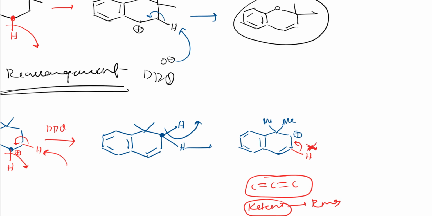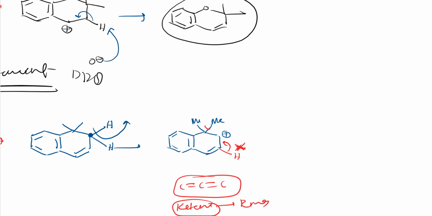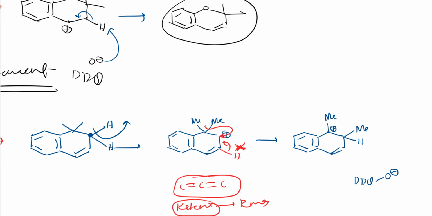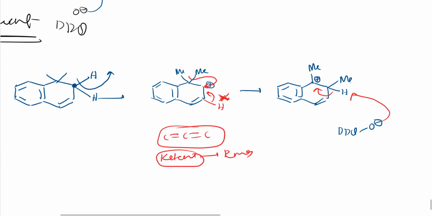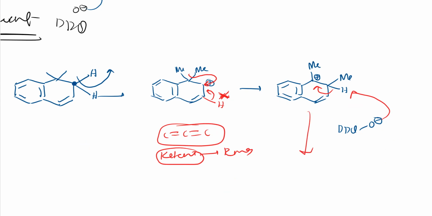So what happens, see, rearrangement happens, this methyl will go here with electron density, right? So what I will get, see, I will get this product. So methyl is here, here one more hydrogen is there, and here one methyl is there, and positive charge is there on this carbon now, and double bond here. Further what happens, DDQ oxygen is having negative charge, so what it will do, it will take this proton, this electron density moves here. So this is how the rearrangement happened and I got this product, right?